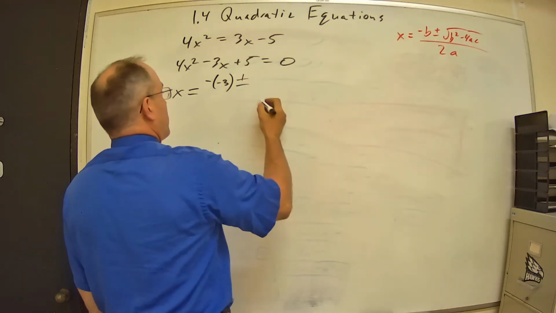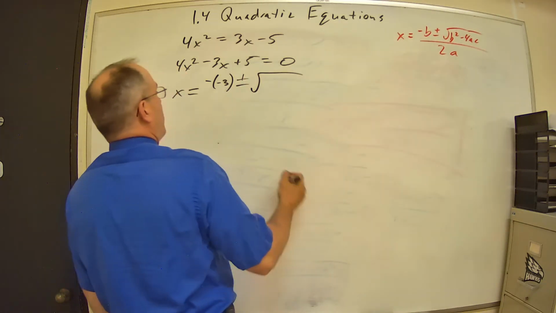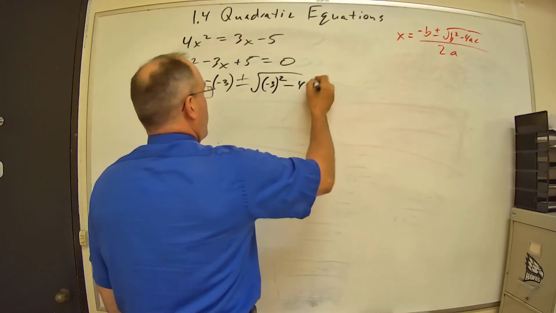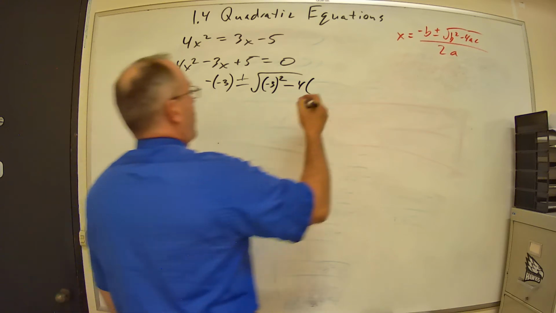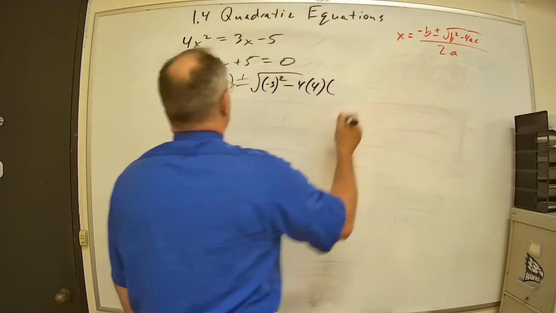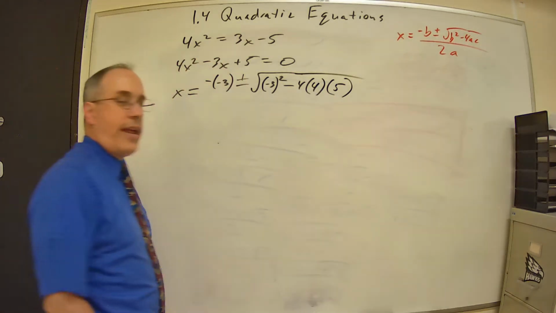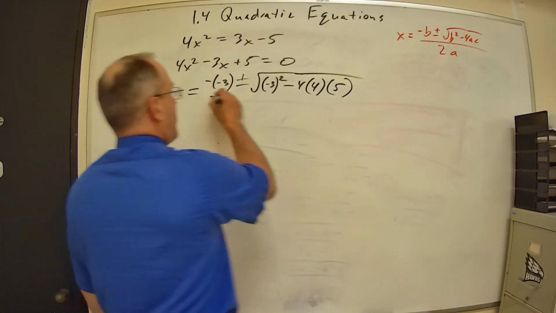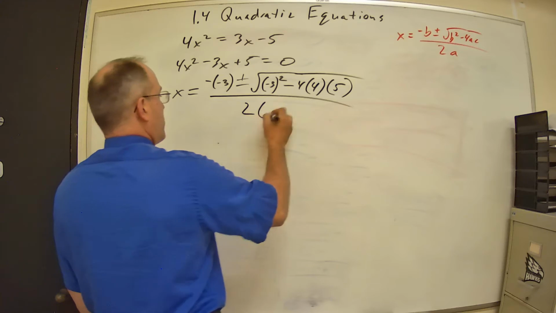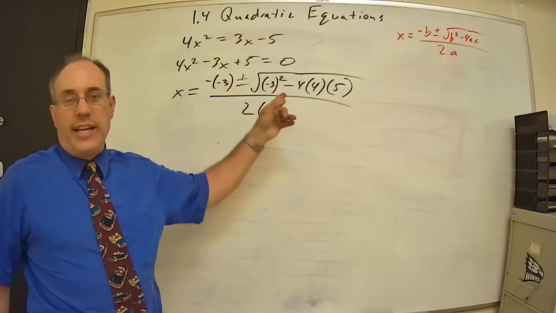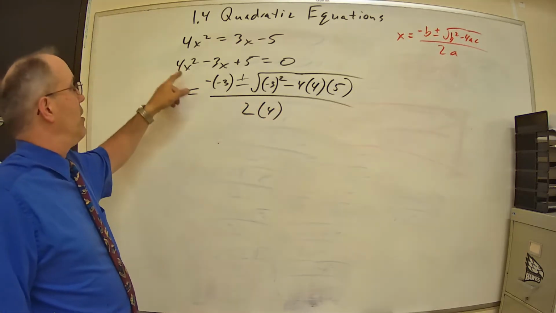Plus or minus the square root of b squared, so that's negative 3 squared, minus 4 times a, which is 4, times c, which is 5. Extend my radical, make sure it makes it out all the way, right? Over 2 times 4. I like to make sure I've got it all plugged in there and I can look at this and say, okay,